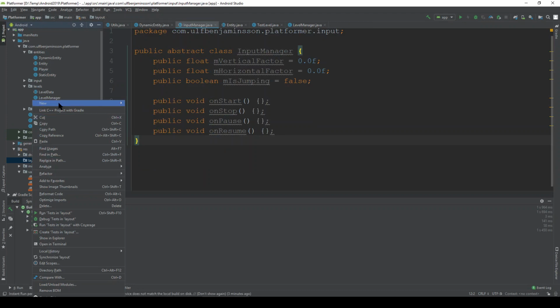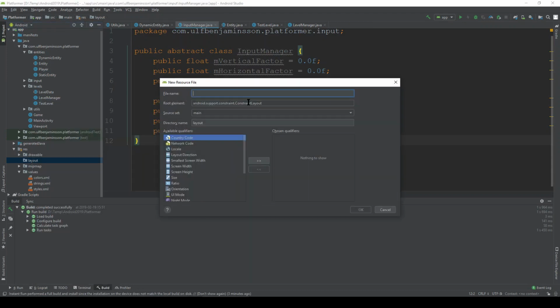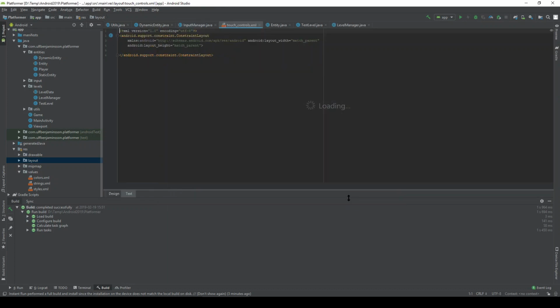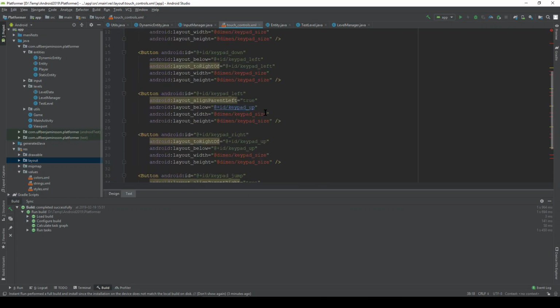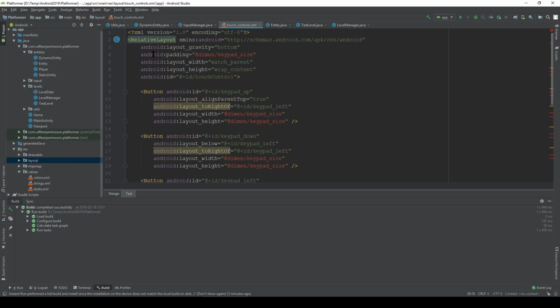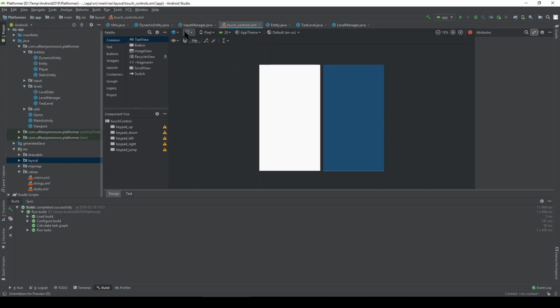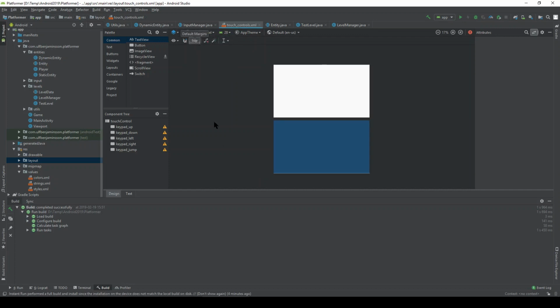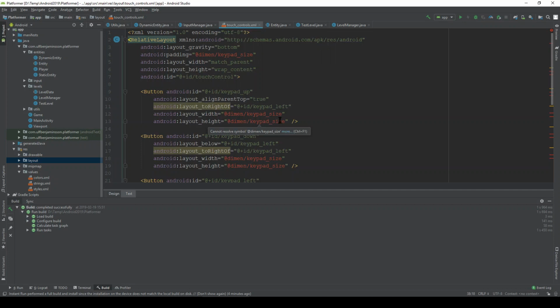So layout, create new layout resource file. That's what I want. The root element doesn't matter because we will remove it anyway. So touch control or on-screen buttons, whatever you want. Remove all that XML. So now we have a relative layout with all of the buttons, and if I check the design, it's broken because I haven't defined the size of the buttons, and also I need to lock down landscape mode. Now I've defined a variable here called keypad size, which I need to define in dimens.xml, which isn't